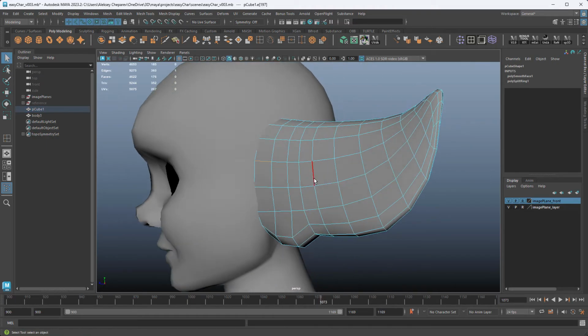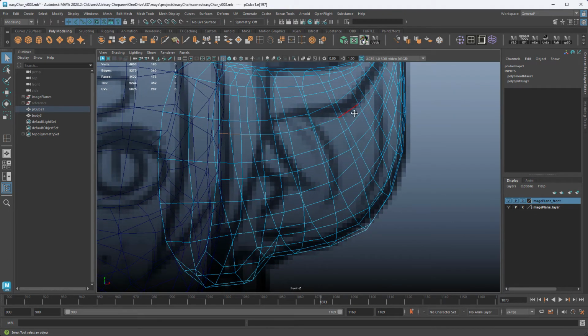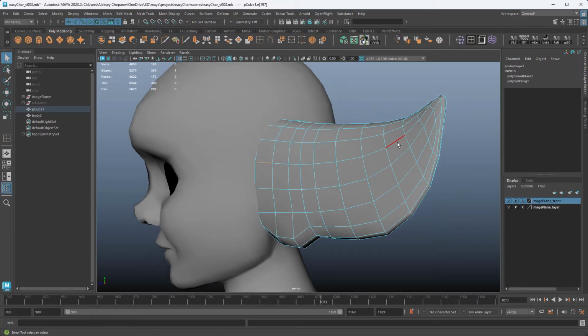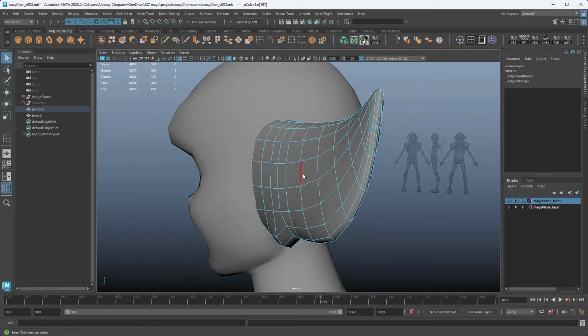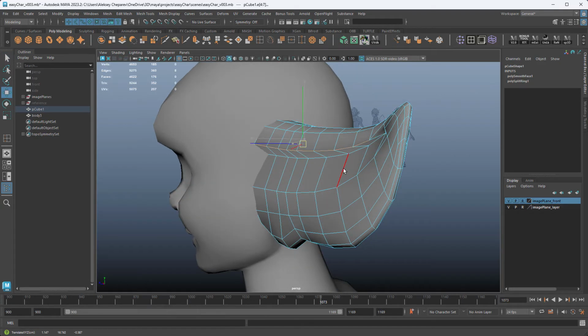Now we can start adding more detail, like with this folded part. Now I'm going to go kind of crazy with this.